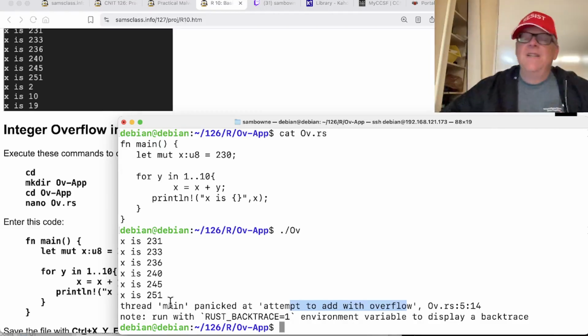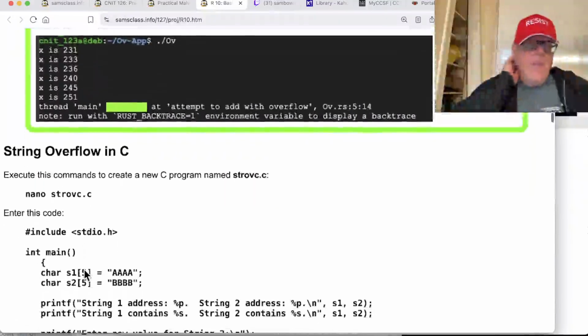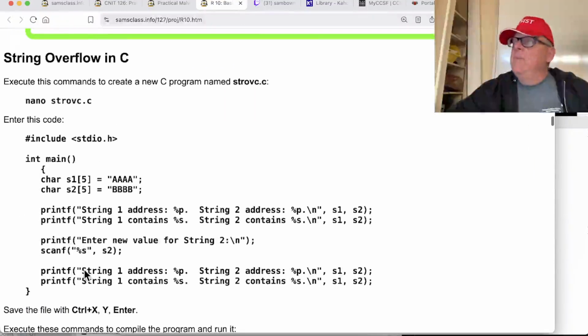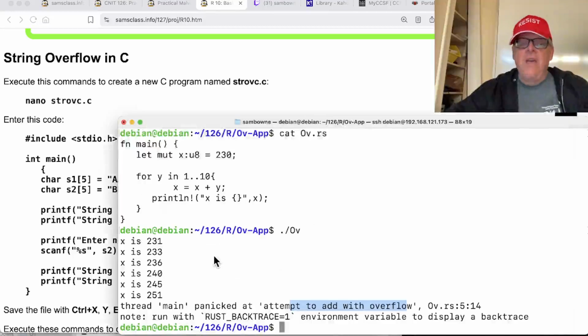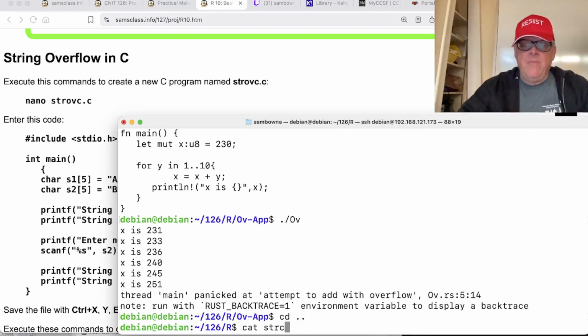Something is wrong. I would rather know that than have the program just do the wrong thing. And then we get to the most important one that we've been exploiting in this class all the time, string overflows. So if I cat,